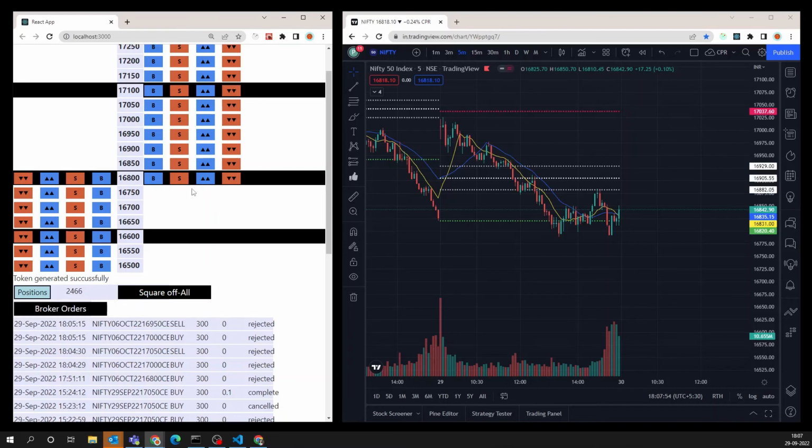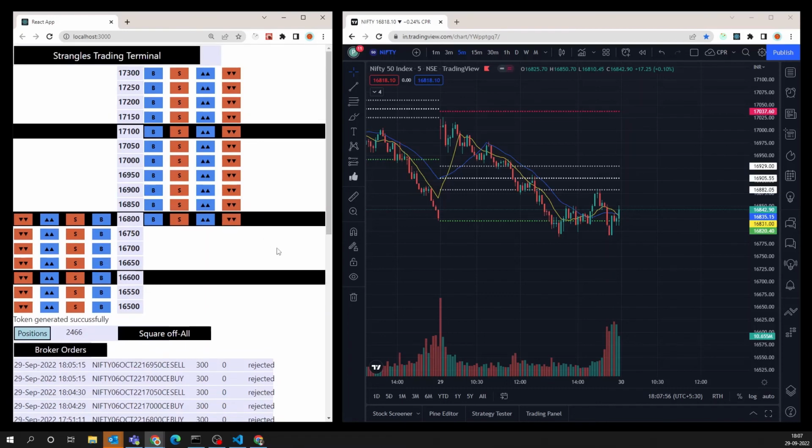So this tool basically does all the day-to-day or frequently used activities an option seller can perform on a very tricky expiry day or any intraday trading. That's when this tool will come into play.